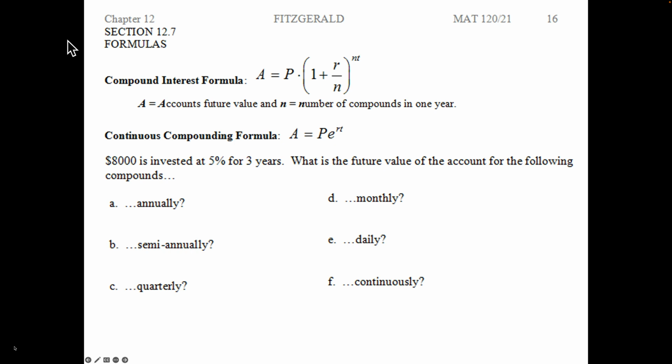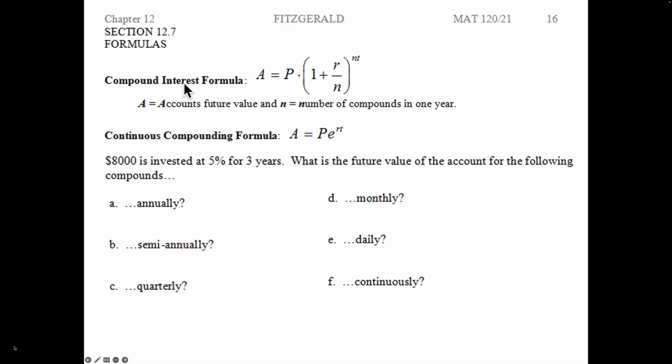Well, folks, we've made it. The last section that we need to cover, 12.7. This is going to use compounding formulas that are exponentially based. So, our two compounding interest formulas that we're going to look at